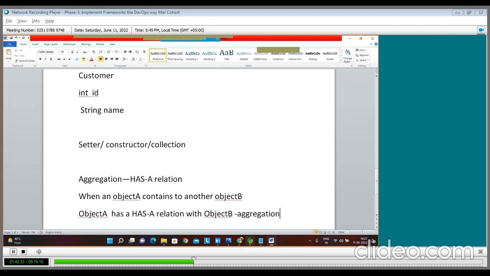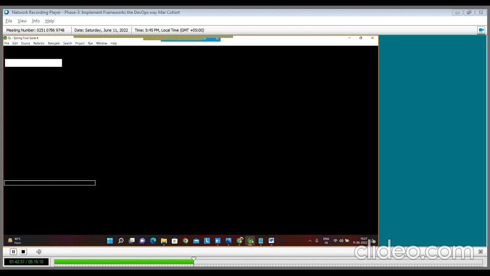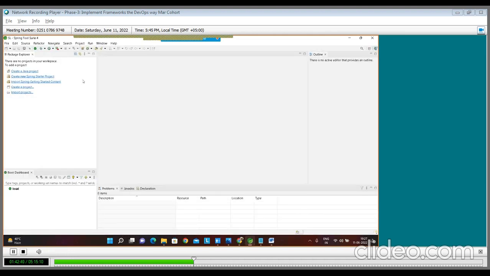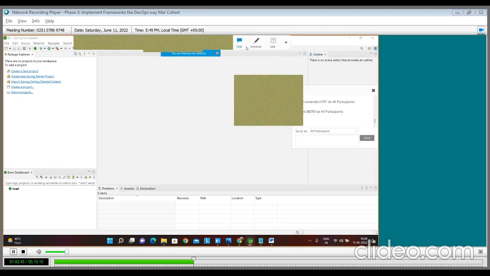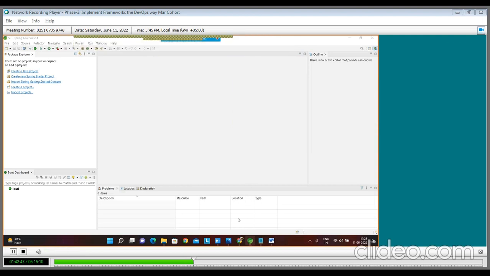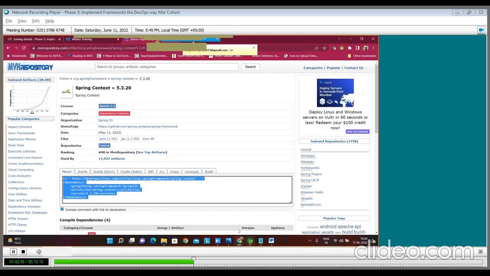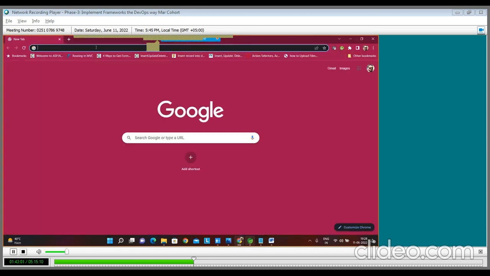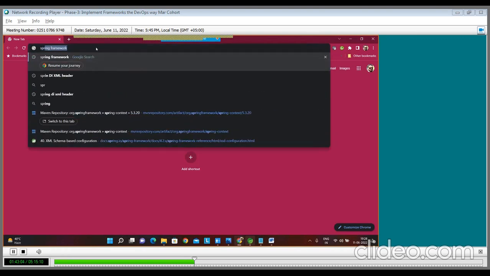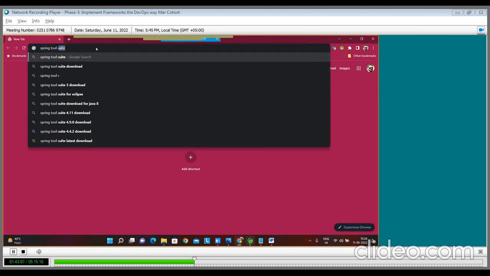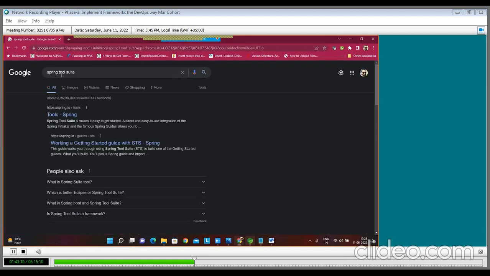So let's see these things through the example. You have the Spring STS, Spring Tool Suite. This is the environment provided. Otherwise, those who do not have it can directly download it. So please download it. It's the Spring Tool Suite. This is the environment,